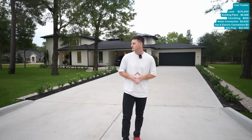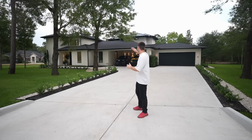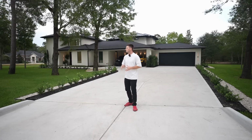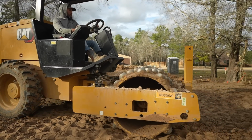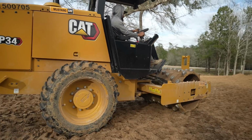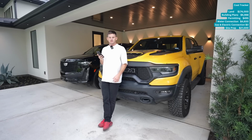The site prep cost $27,000, and that included the cost to set the culvert, which is now below my driveway. Also a cost to knock down and haul off 2 pretty large trees. And lastly, the cost to build my dirt pad, which raised the elevation of my foundation roughly 3 feet, as well as a compaction report where an engineer came out and tested the compaction of that dirt pad to make sure it would be able to hold up and withstand the weight of my future foundation and of course my future house. My concrete foundation cost me